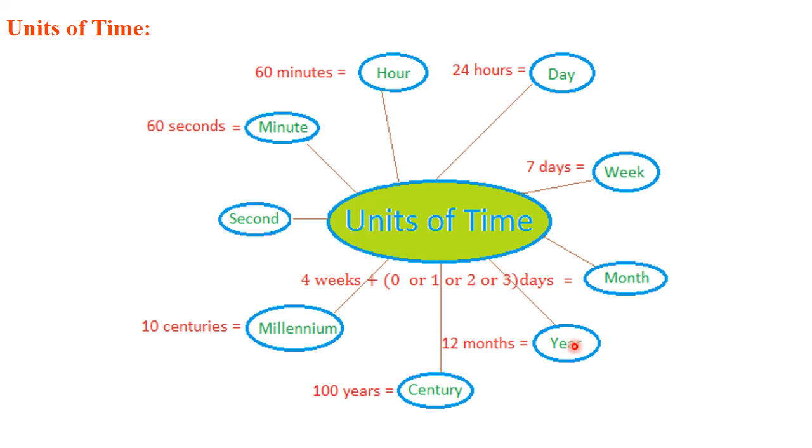Then you have 12 months equal to a year. 100 years is equal to 1 century, and 10 centuries, that is 1000 years, is equal to a 1